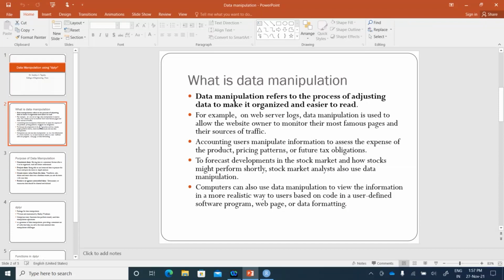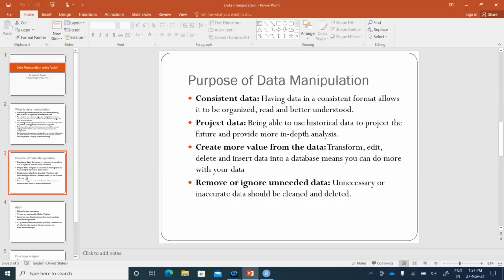So there are so many fields where we have a huge amount of data which we need to manipulate as per our requirement. Okay, so we can say the purpose of data manipulation is that we need to have data in a consistent format.